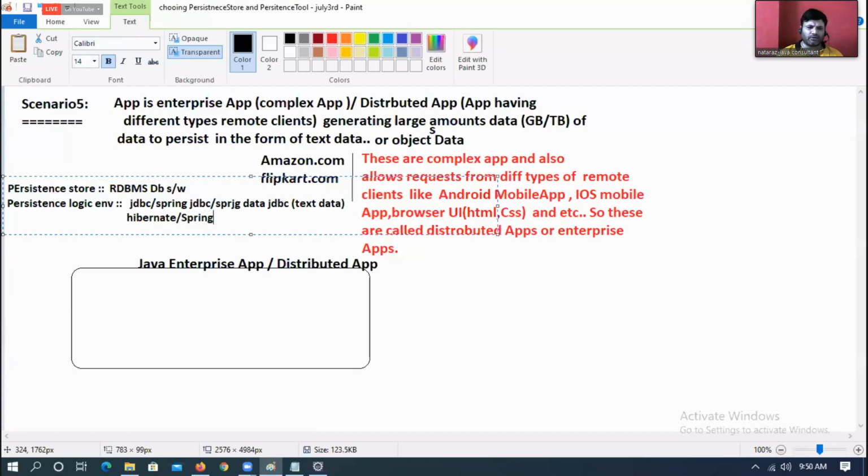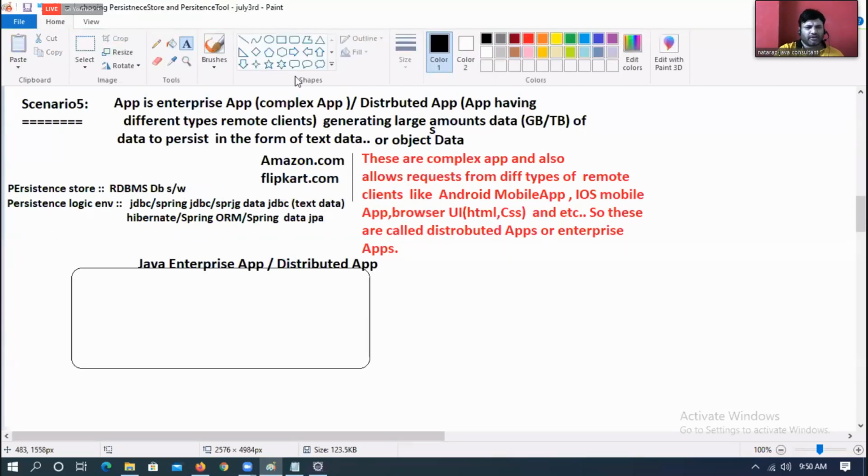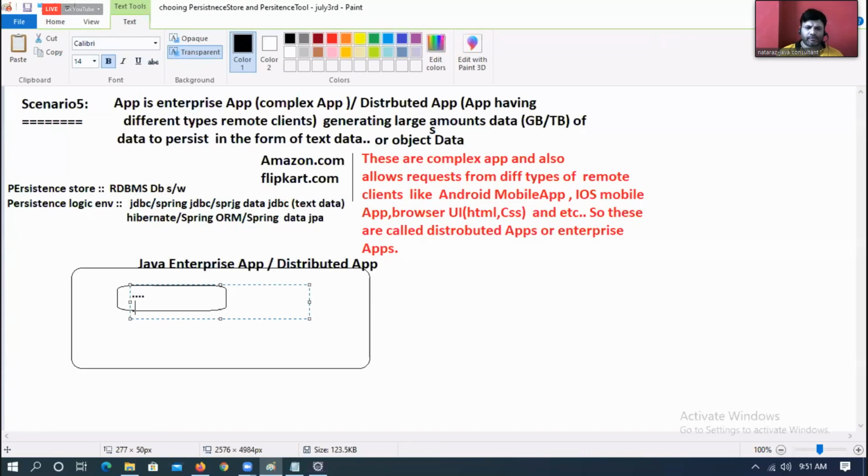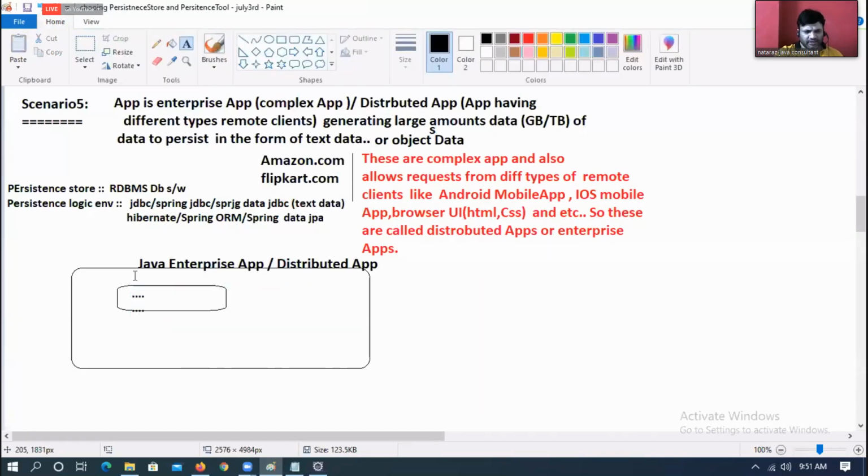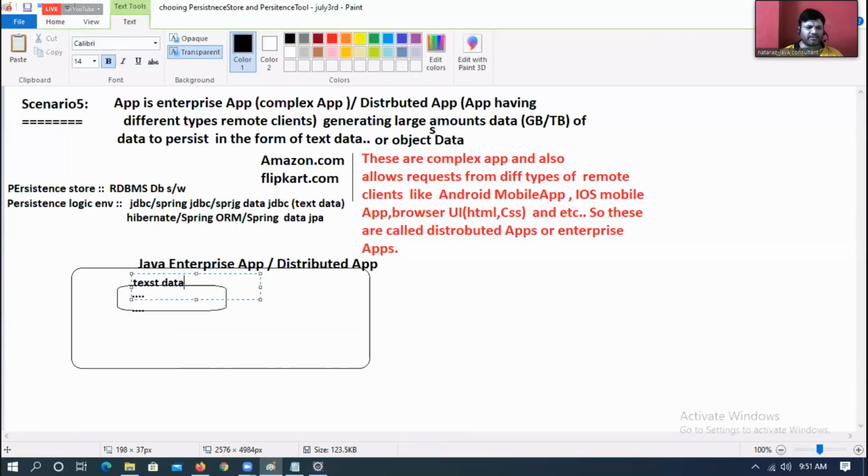Hibernate, Spring ORM, Spring Data JPA. Fine, boss. If the enterprise application is dealing with the text data, this is text data. I said, no, enterprise applications are big applications.